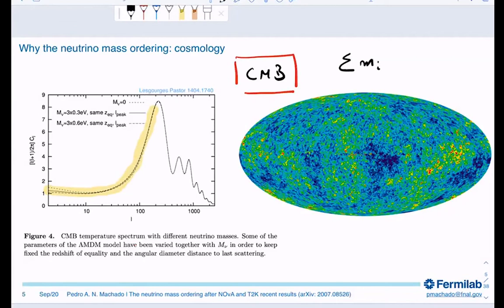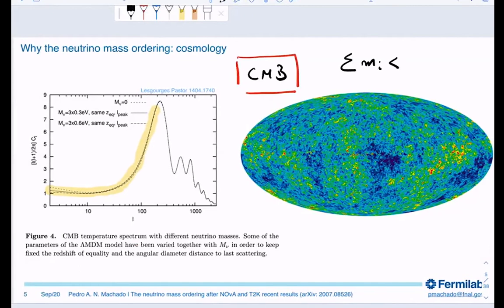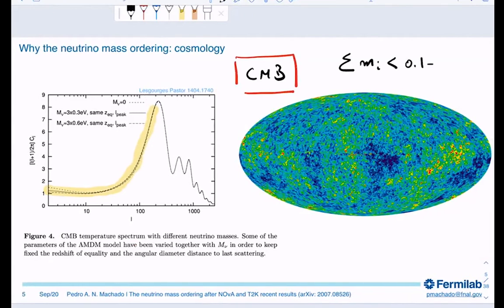Well, there is some discussion here, but let's say that this thing ranges from 0.1 to 1 electron volt, depending on who you're talking to, a cosmologist or somebody else like me who doesn't know what they're talking about. So cosmology is very sensitive to neutrino masses, and future experiments could be able to